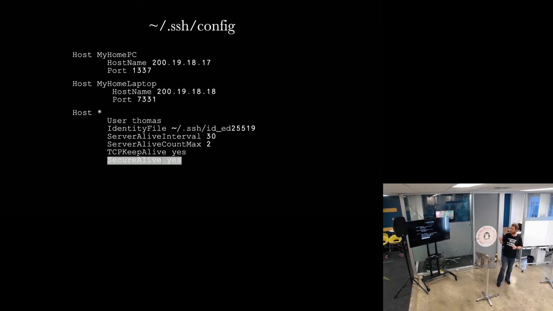These are important to use if you want to maintain a connection for any more than a few seconds, because by default SSH has some timers that will roll on, and after a few seconds or a few minutes it'll actually just drop the connection, so you'll have to re-authenticate every time, which makes it even more annoying. But with this command here, you can keep the connection alive, and the bottom one actually says secure alive. Not a lot of people know about this command or this argument. You can choose to have secure alive yes, which will send these TCP keepalive messages inside the tunnel rather than in the clear, because TCP keepalive actually gets sent in clear text, weirdly.